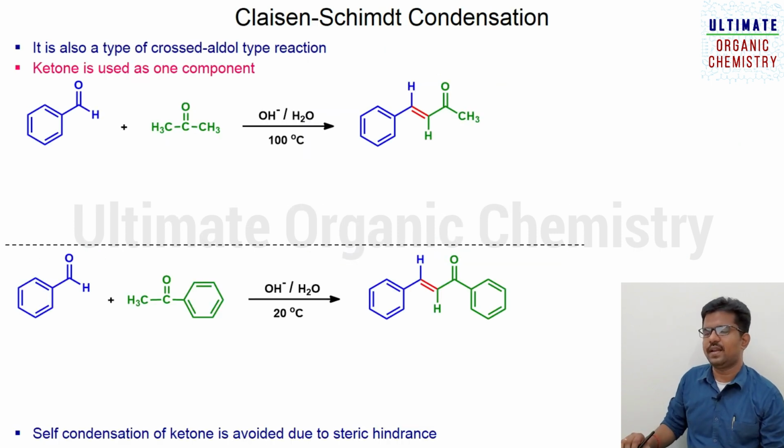Okay, so now we have another example, that is Claisen-Schmidt condensation. What do you mean by Claisen-Schmidt condensation? It is also a type of crossed aldol type reaction. Okay, in this reaction, a ketone is used as one of the components. So you can use a ketone or you can use an aldehyde which has alpha hydrogen, but the other one should have no alpha hydrogen. That means, for example, benzaldehyde is better. So when benzaldehyde is treated with the ketone or aldehyde, it is otherwise called the Claisen-Schmidt condensation reaction. So we know how to draw the product of this reaction. As usual, I will explain it to you.